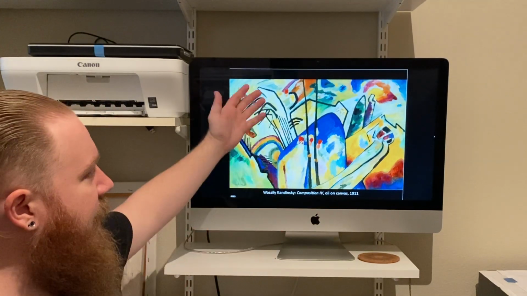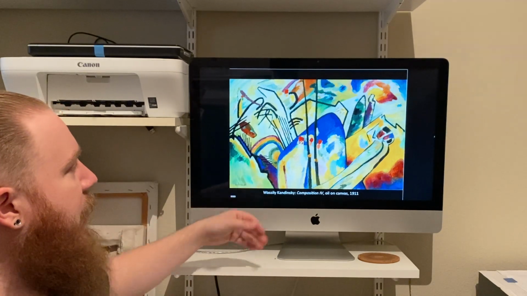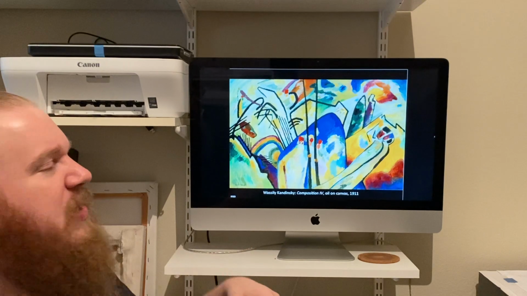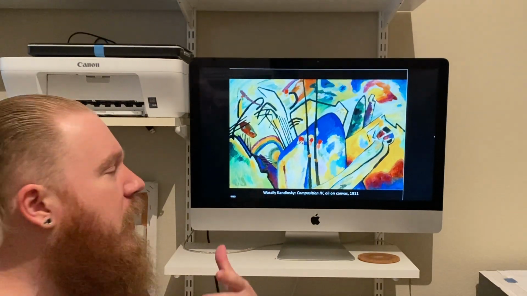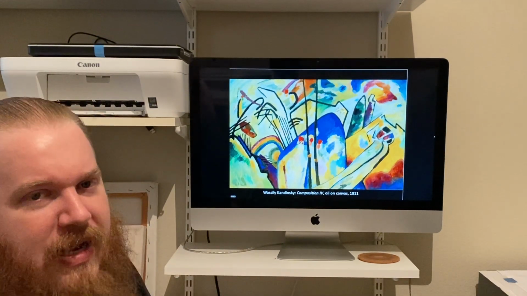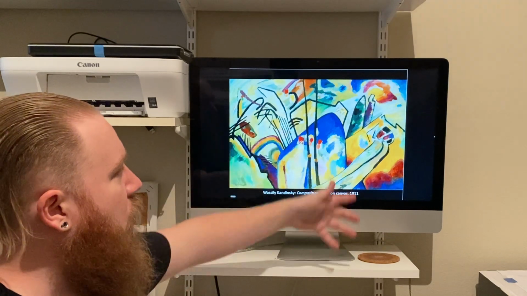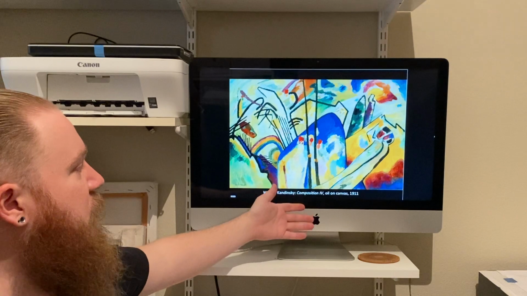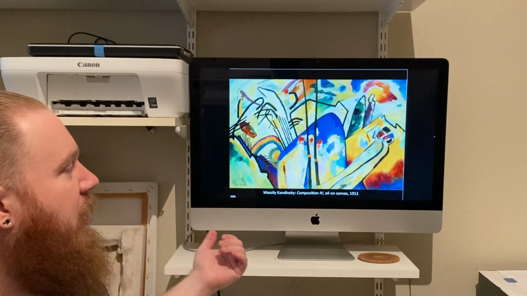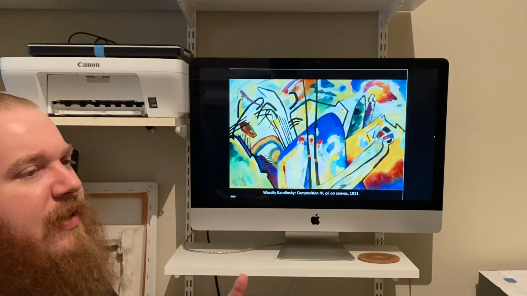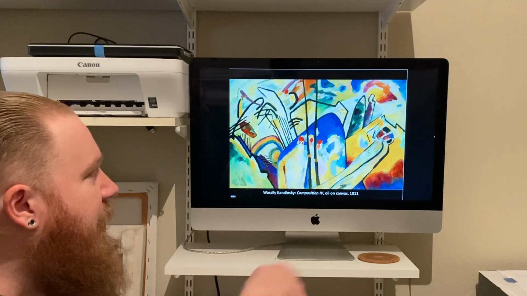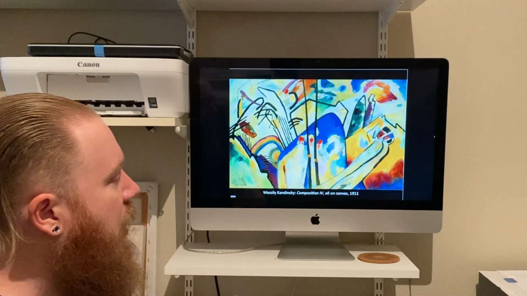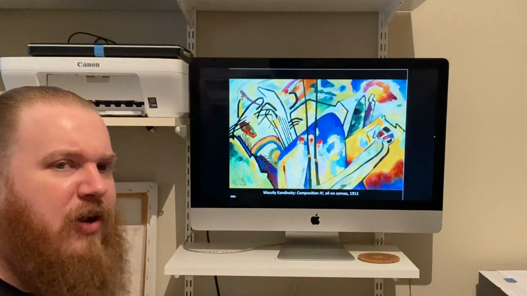Now, looking at this, we could pick out a few objects or elements within it that seem somewhat reminiscent of recognizable reality. However, they're distorted in such a way as to be almost completely abstract. We can also see that Kandinsky is really heavily looking at guys like Cezanne in the way that he's applying color, this kind of blocky layout of color.